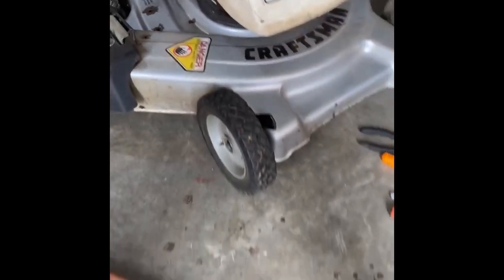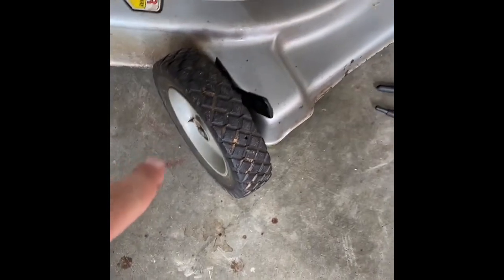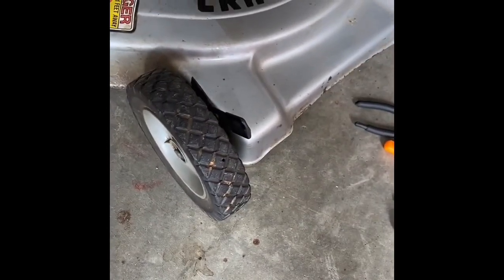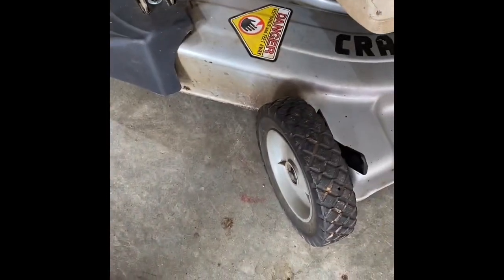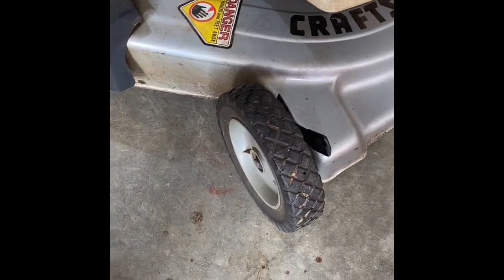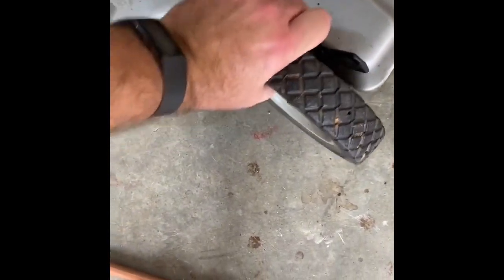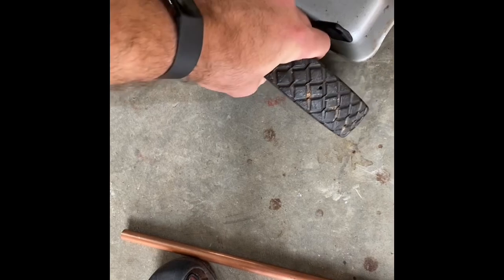So to get it to cut better, I had these gray wheels. I have 3 of them, and they were the same size as that one, just that one's white. I decided to put those on so I get everything at the same level. There's just one problem with one of the wheels. As they age, they get like this. To fix that, I've already taken